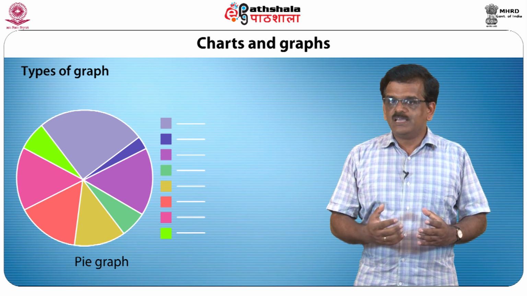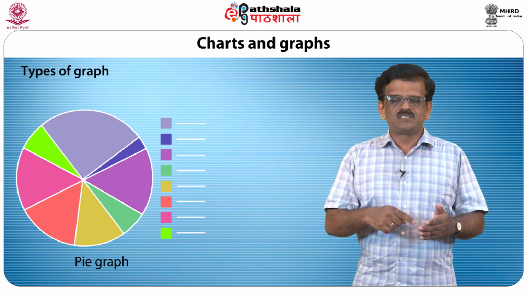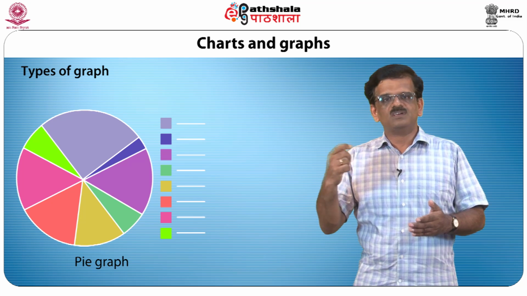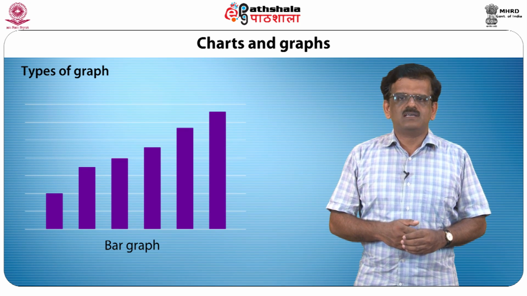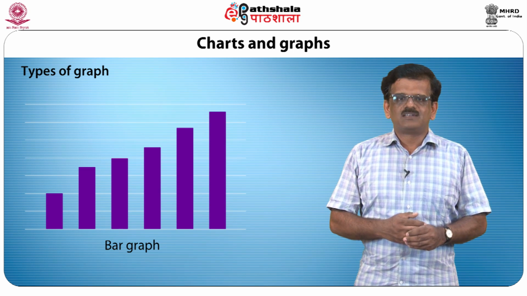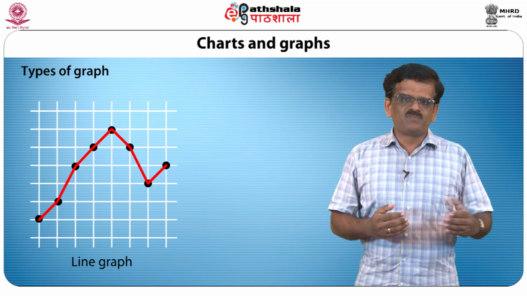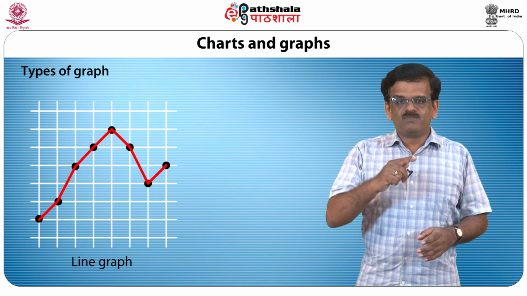Number one is the pie graph. In the pie graph, a circle is divided into different segments, with each portion representing a part or percentage of the whole. The second one is the bar graph. It is a very easy to read and easy to understand type of graph which shows data in vertical bars. Another type of graph is the line graph, which is a more complex one, where a simple